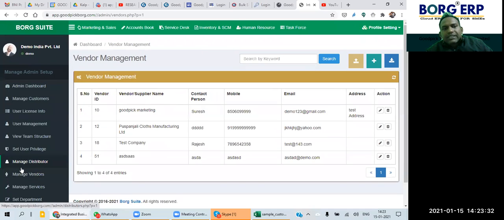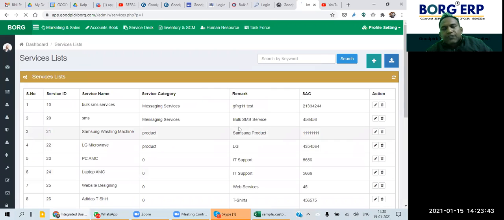The third thing we discussed that we need to have before using the accounting module is managing services. The service portion can be set or managed from here. And the product section, as we discussed, we have to go to the inventory module. So here, how to set up the service module.